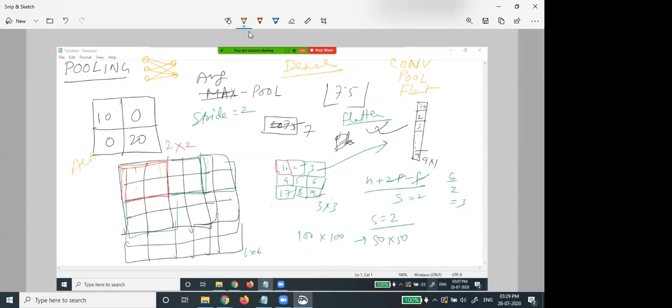Remember the previous day's term, activation function. Last day we used the sigmoid activation function. Today we use this as well as the ReLU function. The sigmoid formula was, I think you all remember, 1 over 1 plus e to the power minus x. ReLU is the function max of 0 and x.